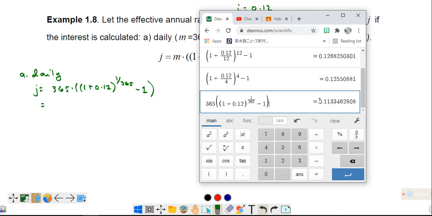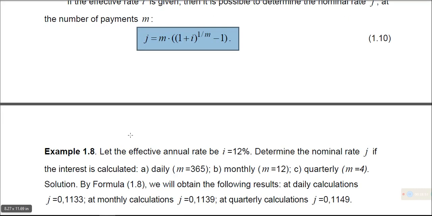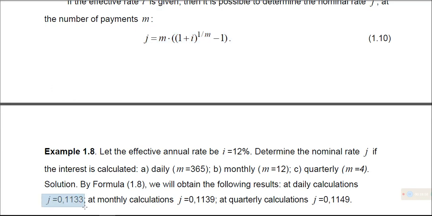I'm really sorry. So, 0.1133. So, let's check if the answer from the book is the same. Yes, it is 0.1133. So, for the monthly calculation, quarterly calculation, please follow the procedure that I did using your scientific calculator, and